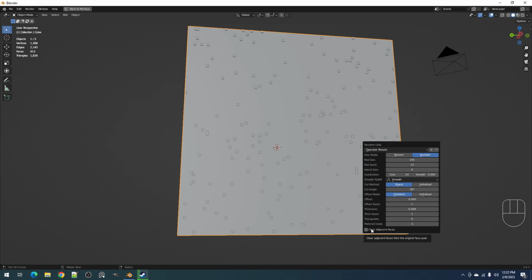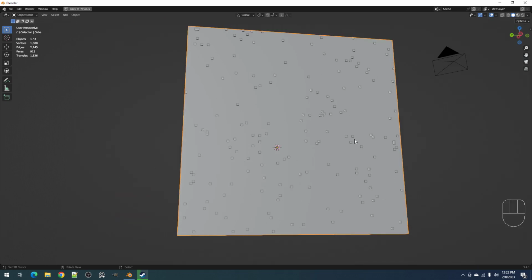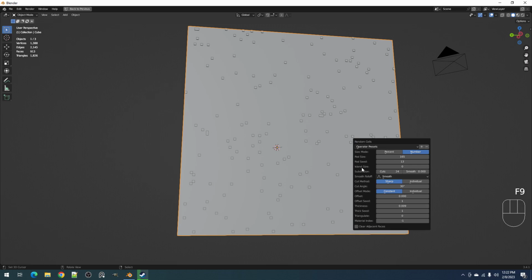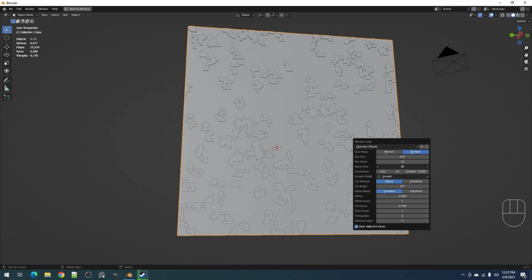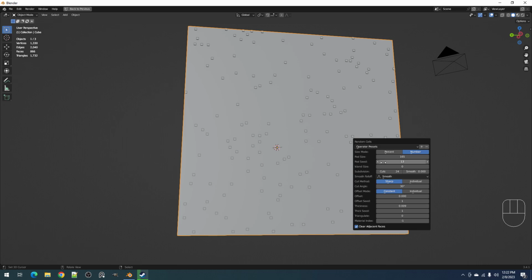And clear adjusted faces is to make sure that this doesn't happen, and every face is kind of like a single individual thing. The island size can still, of course, reach out, but the initial result will have each face have no neighbors. Okay, so